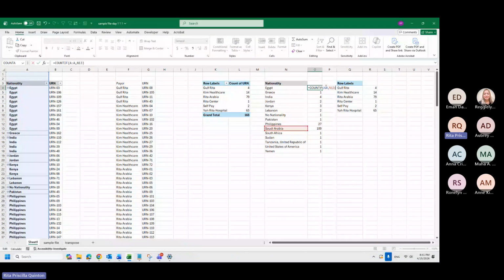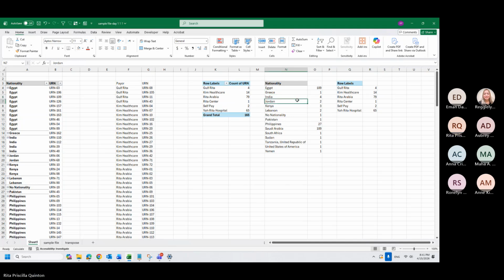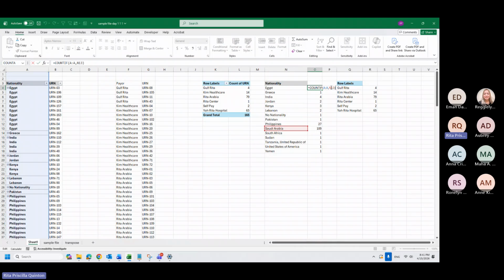So it means count if column A has Saudi Arabia. I press enter, it's 109. So the count if does not follow what is beside it. It's not always the case. Okay, so the count if follows the criteria that you will put here.